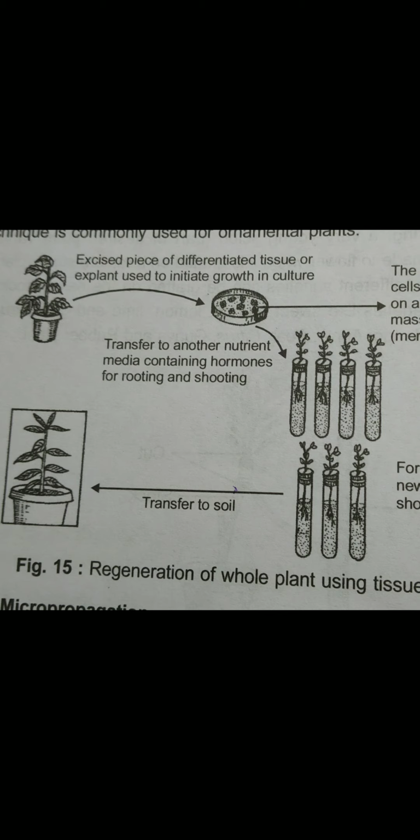Now what is the use of this particular technique? What are the advantages? In this technique, a large number of plants can be produced in a relatively short time and space, because you can easily take many cells or tissues from a single plant, and at times a mass of cells is there, so you can grow many plants. As you can see in test tubes, several plants can be easily grown from a small number of tissues or cells.